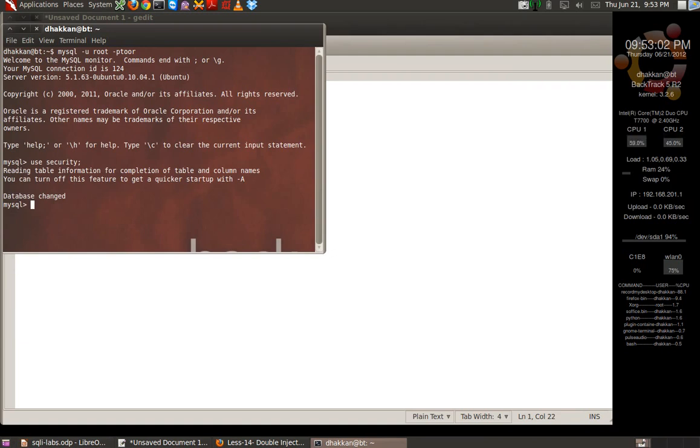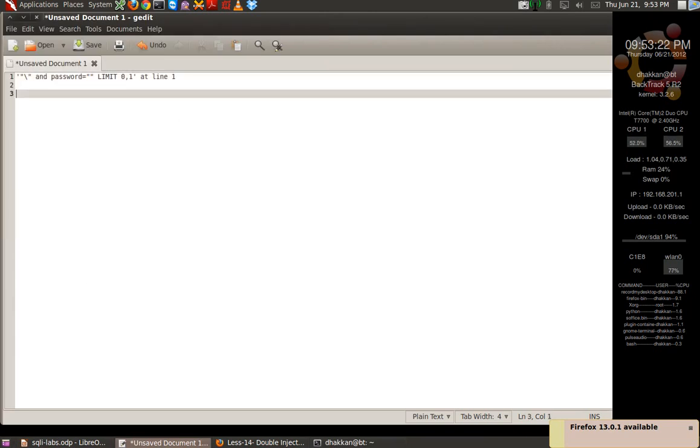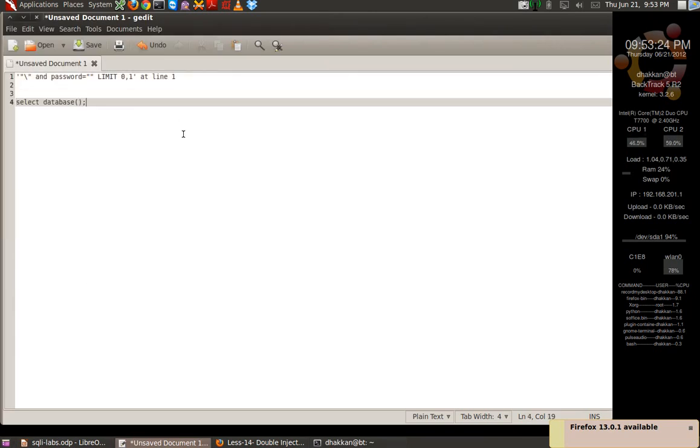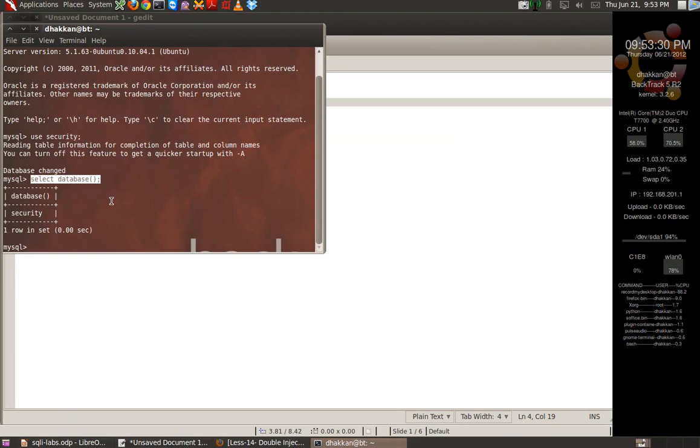Let's start with a basic query. We said select database, and it returns the database name. Let's copy this and paste it here, because we would be building a complex query out of these simple queries. Now this is one query. Let's assume this to be a core part, and let's